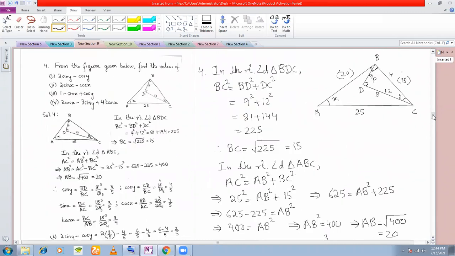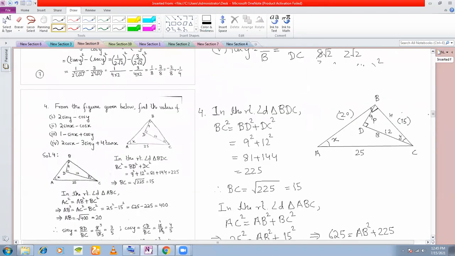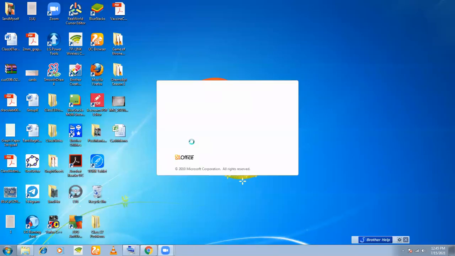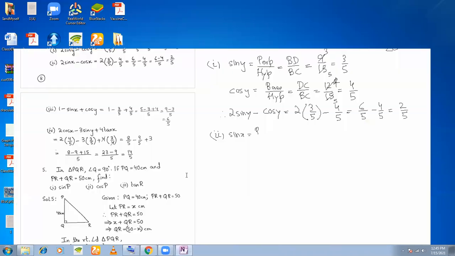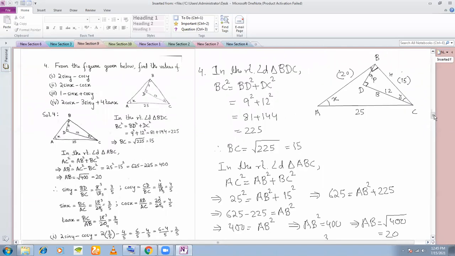No, sir. Next question is 2 sin x minus cos x. So let's first find out sin x and cos x. So sin x here is perpendicular by hypotenuse. Now see which right angle triangle to consider. I will consider the bigger right angle triangle because this angle is given to be x, right? So in this case, now which should be our perpendicular and which should be our base? Okay, you can see properly now.